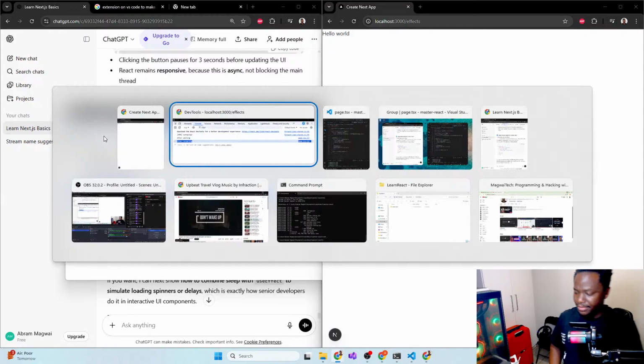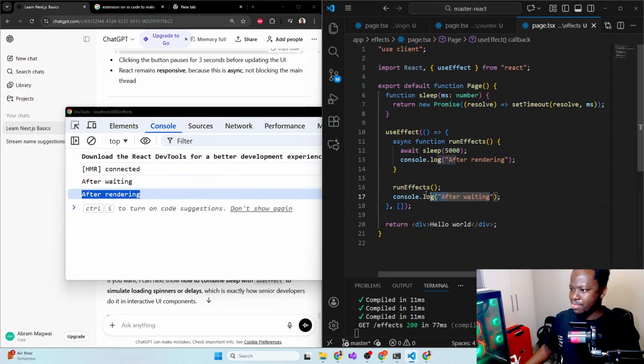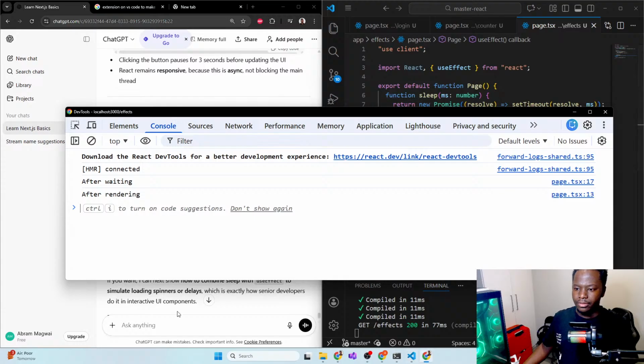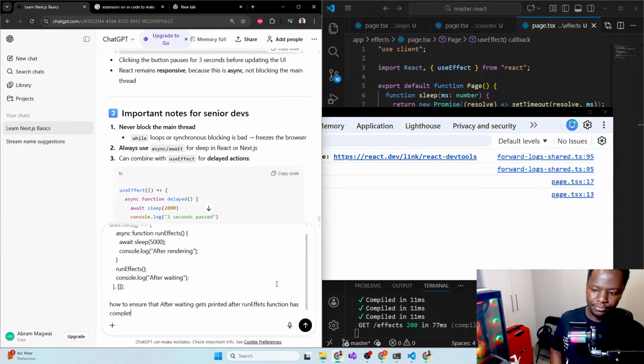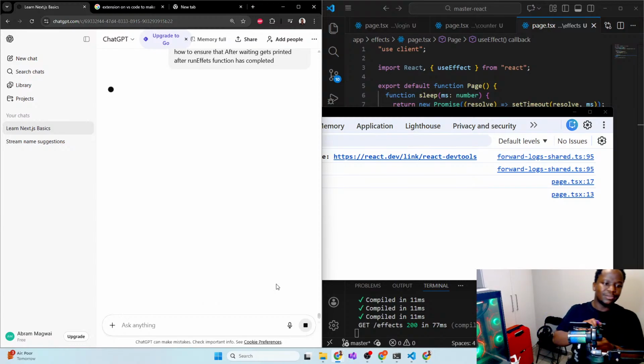Okay, can we do something with this? Let's see with TypeScript. I have to ensure that after waiting gets entered after runEffects has completed. So that's the play. Once we can load that thing,